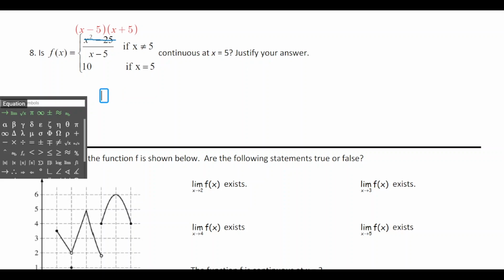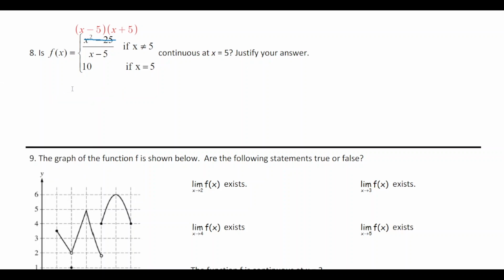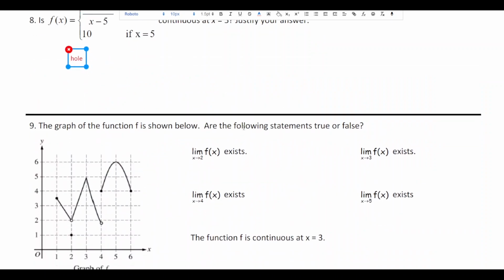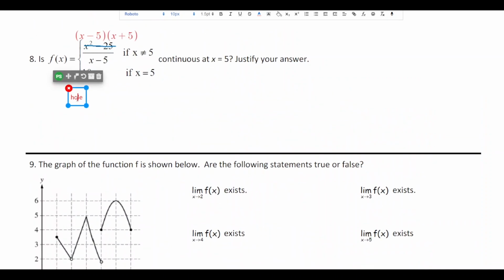Okay, so I'm going to just make a note here. So this whole equation, which is going to have all the same values, except the hole will be filled in. And if that hole is filled in such a way that 5 comma 10 is a solution, then yeah, it's continuous. Basically, this is going to be a point at this x value, and if 10 is where the hole is, then we're good. Then it's continuous. The hole equation